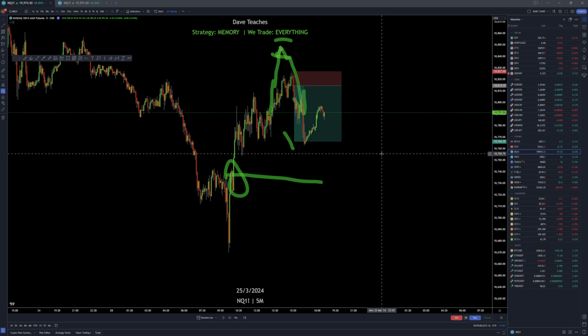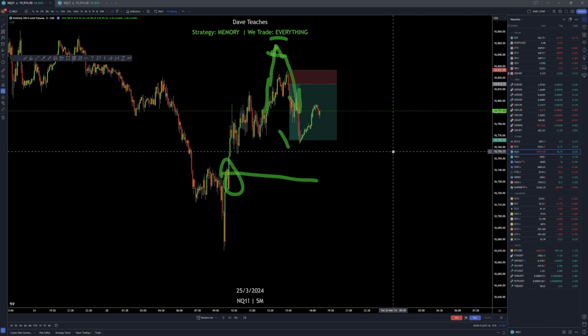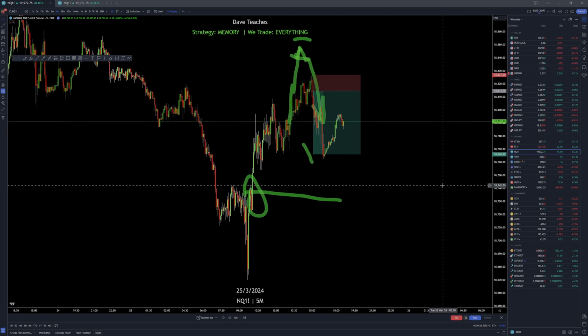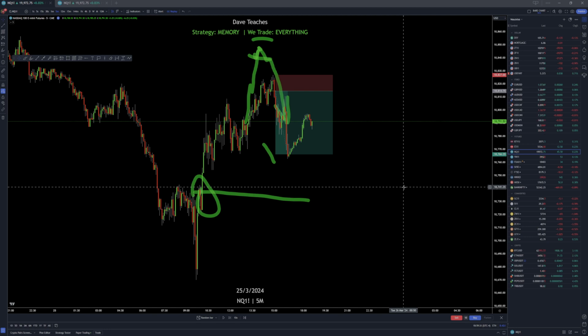And wait until I teach you guys about the only fractal you should ever use. Because there's only one, and it shows up one time per session. There's only one fractal that you should use, and it shows up one time per session. And that's one of the highest RR fractals you can get. Those things will be introduced later, but you guys gotta get a sense of